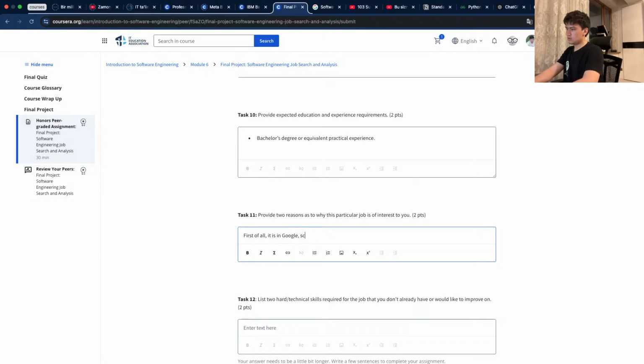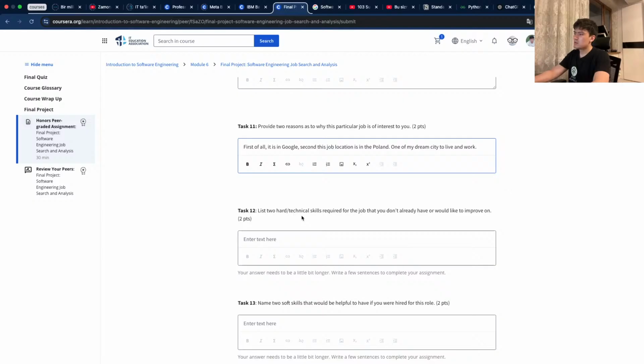Second, this job location is in Poland, one of my dream cities to live and work.